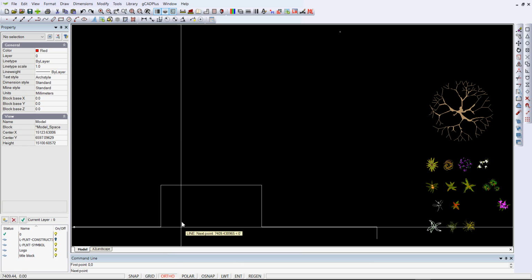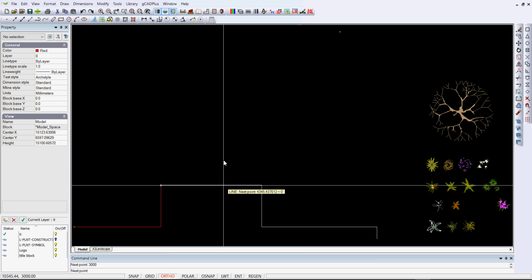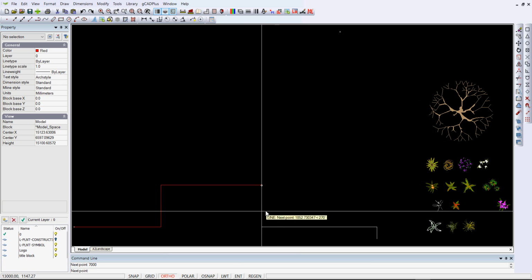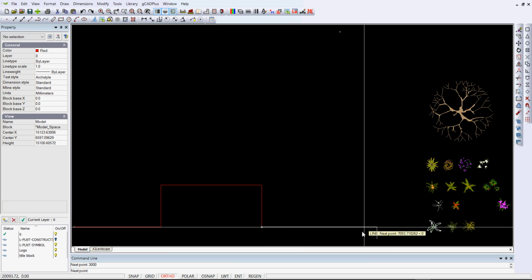And because ortho's on, you'll notice a red switch down in the status line. That's going to force this line to be horizontal. So I can simply type its dimension, which is 6,000, and that goes directly on top of the existing line. Then I'm going to go 3,000 units in the up direction. So basically you point in the direction you want your line to go in and then just type the value. So at this point it's going to be 7 meters or 7,000 units across. Then we're going to go down 3,000 and enter, and then I'll come across in this direction 8,000